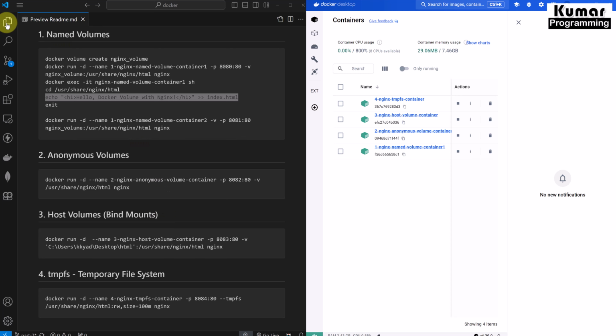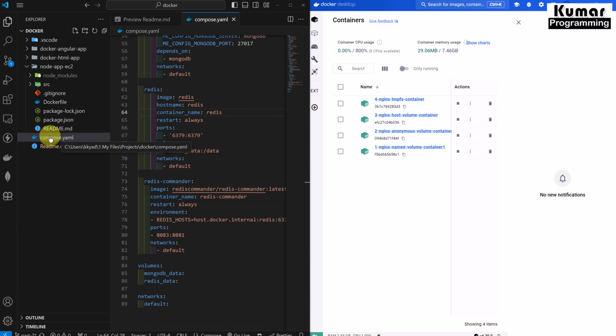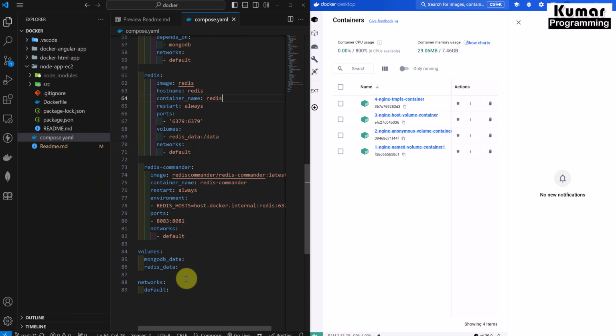And now let's quickly see how we can create our volume inside our Docker Compose file. If you remember, earlier we created our Docker Compose file, and there we separately created a volume section, and inside this volume section we provided a named volume. This named volume can be associated with a service, and inside this service we have to give a property called volume, and similarly here also we can provide this named volume, and then the data which we want to store inside this named volume. This is going to be used a lot inside our Docker Compose file.